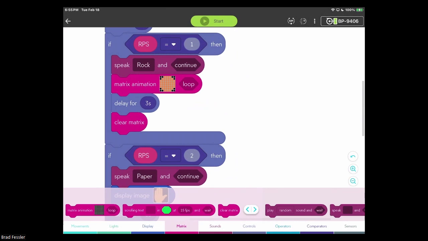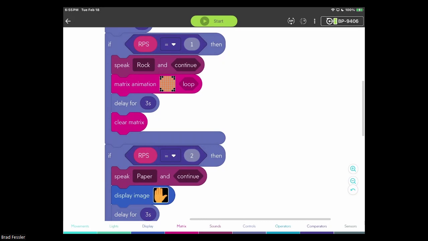This just gives students that much more creative freedom when they're doing this. So they can go through and make some really cool stuff. You can make scissors that open and close. You can make the rock that spins, whatever. You can do whatever you can imagine on there. So really,